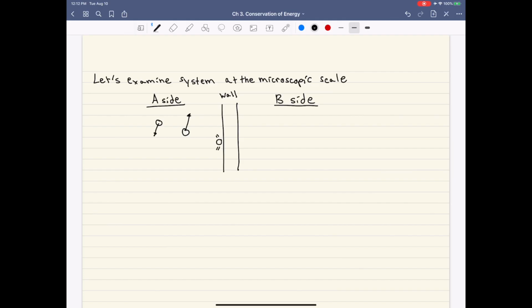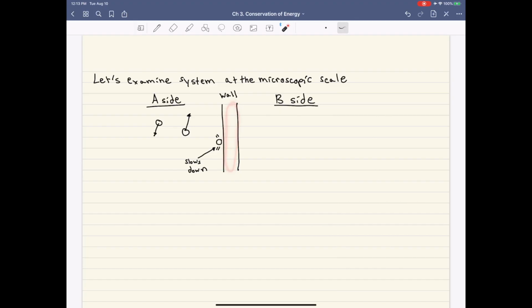And when that happens, after the molecules recoil, they end up slowing down. The molecules slow down, and they transfer some of their energy to the molecules that make